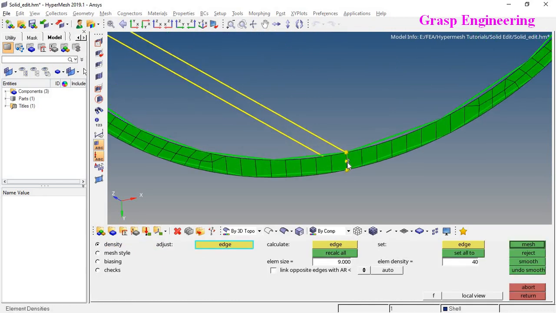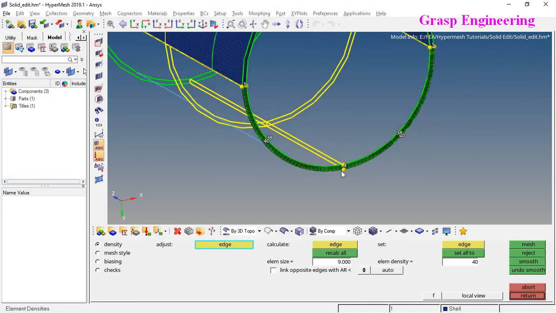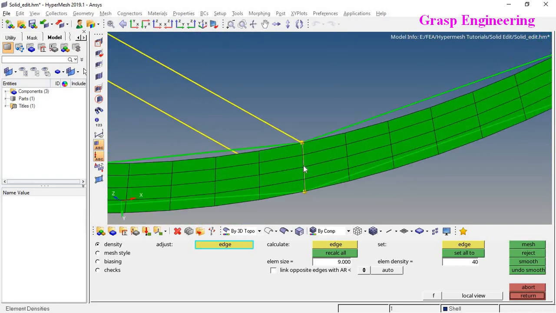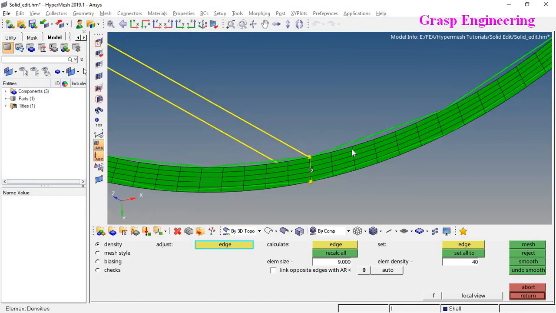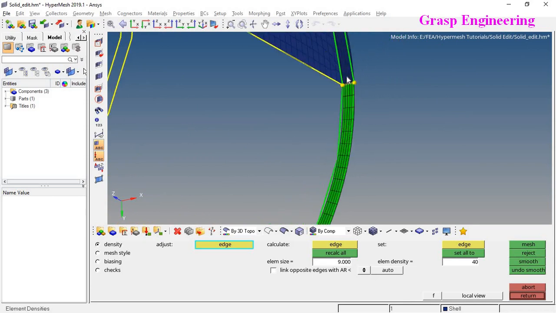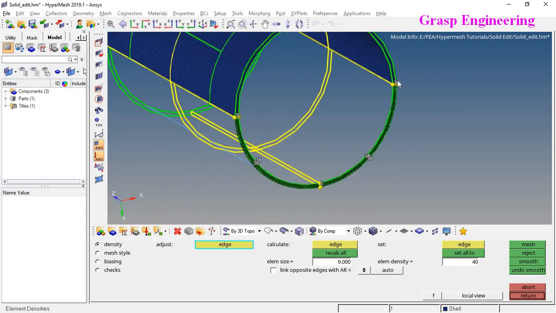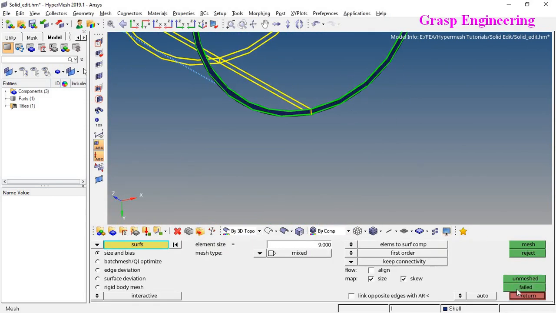If you want to make 5 elements across the thickness, so let's do that. Okay, now you can see that here we created 5 elements. So now you have a mesh which is similar in all the regions.